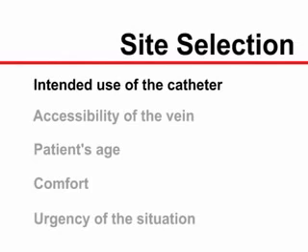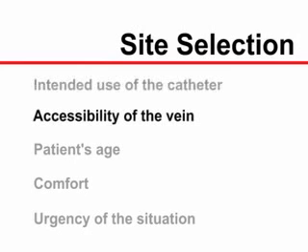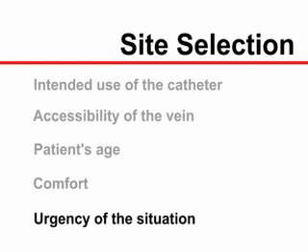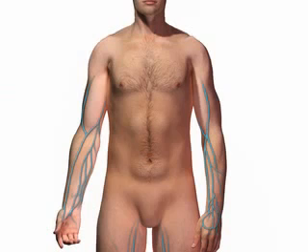Choosing a site for intravenous cannulation depends on many factors, including the intended use of the catheter, accessibility of the vein relative to the position of the patient, age and comfort, and the urgency of the situation. In general, upper extremity veins are preferred, as they are more durable and are associated with fewer complications as compared